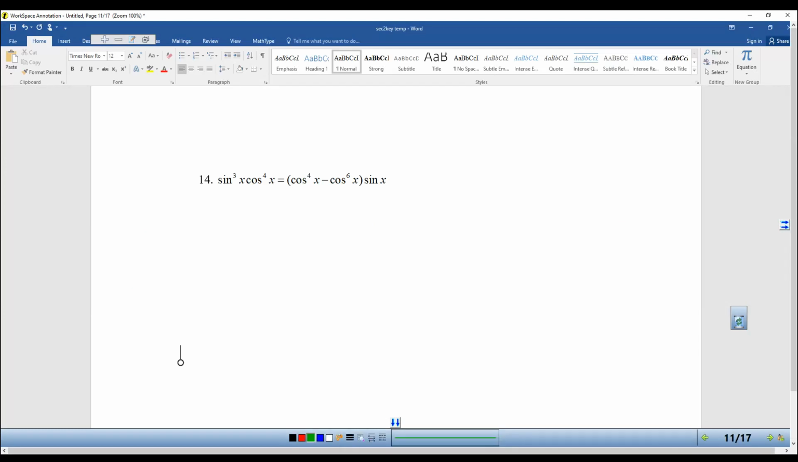Number 14. Because there's already parentheses there, people want to distribute the sign. But like the last time, it's actually going to be easier if we factor. I'm trying to get a cosine to the fourth, so I'm going to take the cosine to the fourth out. Oops, forgot my S there. So I'm going to take out my cosine to the fourth, and that's going to leave me with 1 minus cosine squared x times sine of x,